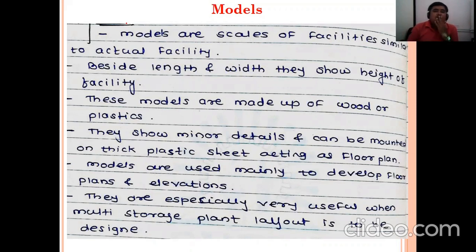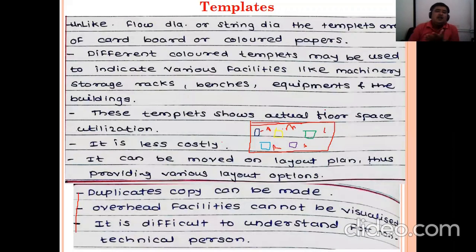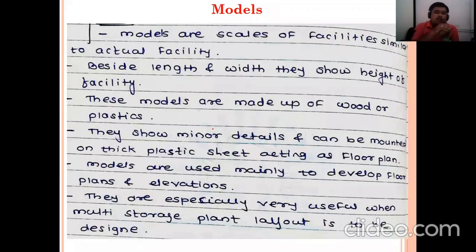So you can show your building, your organization's layout, your company layout with the help of some models, or you can use templates also, like what I have explained in different colors. But as per understanding, the model gives a more detailed or more clarified view as compared to the templates. Is it right? Where what we should locate, etc.